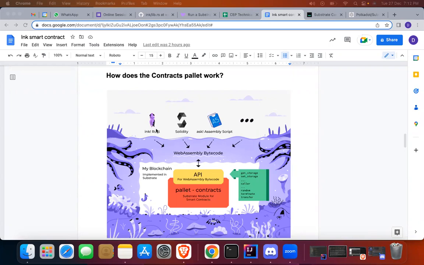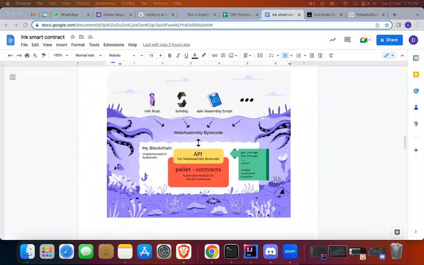First is Ink for Rust, then the Solang compiler for Solidity, and Ask for AssemblyScript. It is not hard to add a new language. There just needs to be a compiler for the language down to WebAssembly. Then it is possible to implement the contract palette